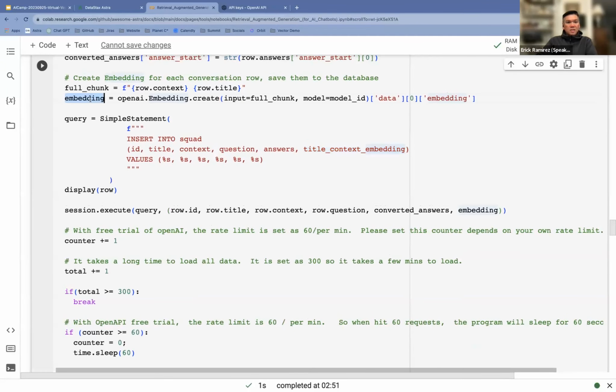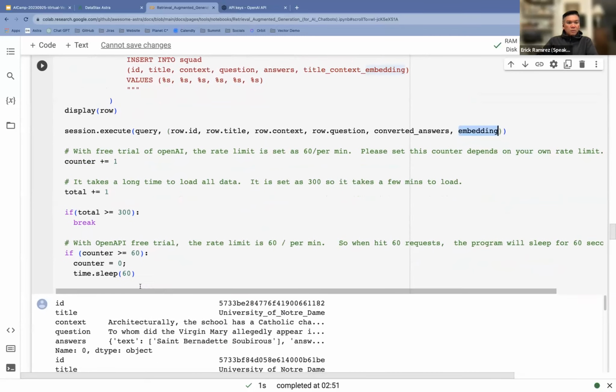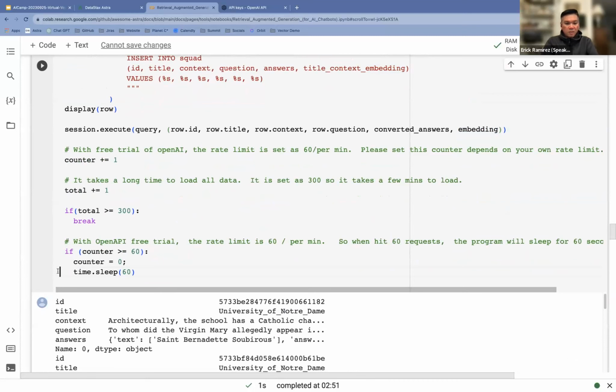And so this embedding variable that we create contains the embedding from the OpenAI call, and it's the same one that we're gonna insert down here. I'm gonna modify this code so that it doesn't do a sleep. If you've got an OpenAI free account, you're rate limited at 60 API calls per minute.